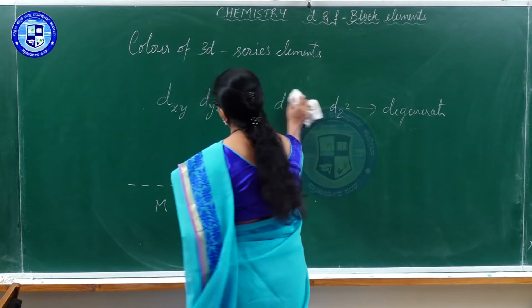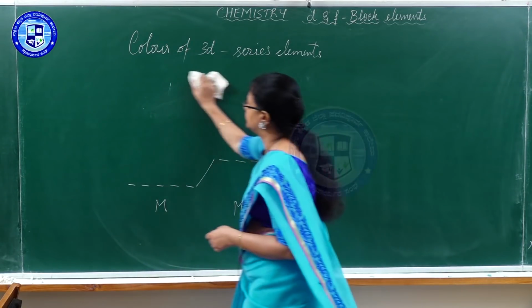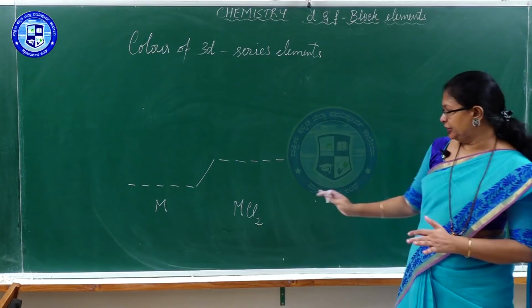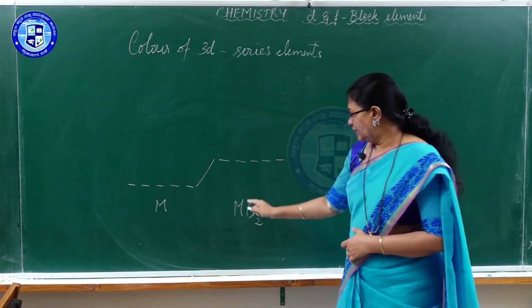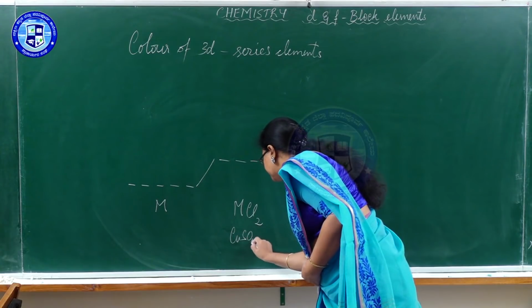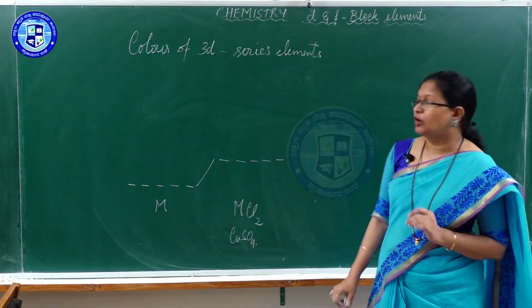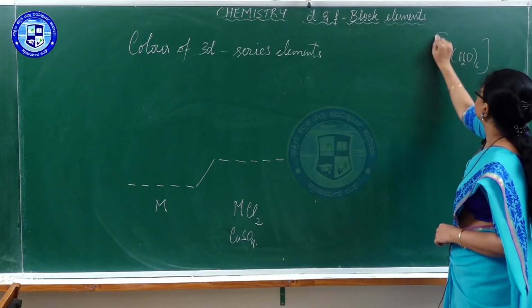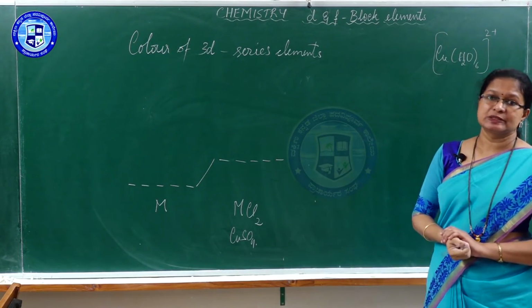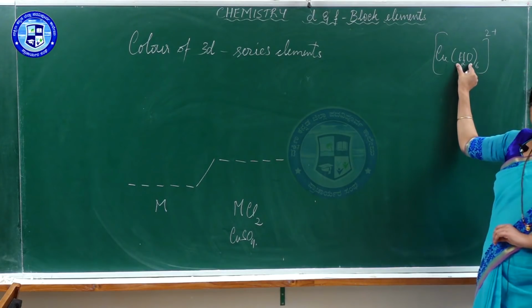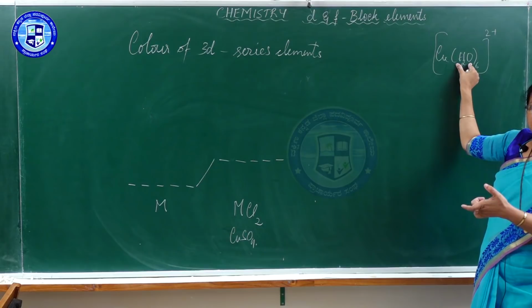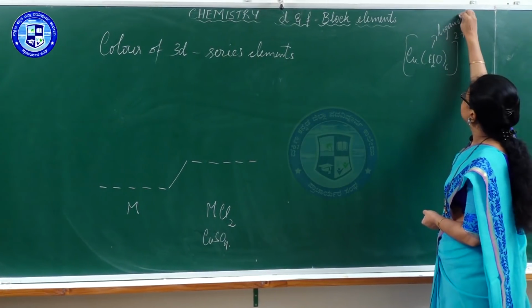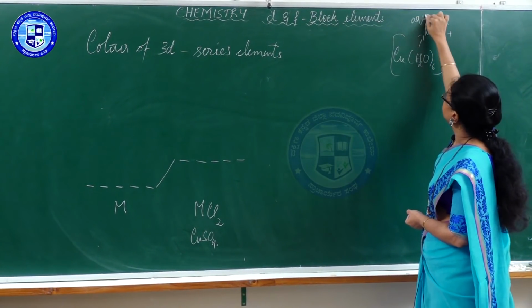But consider the case where this metal forms a coordination compound. Assume a metal salt is put into water and forms some coordination compound. Say this is copper sulphate, CuSO4. When copper sulphate is put into water, it forms a complex like [Cu(H2O)6]2+, that is an aqua complex of copper. Here this water is called a ligand. We had this slightly in the earlier topic, ligand. Water is called a ligand, an aqua ligand.